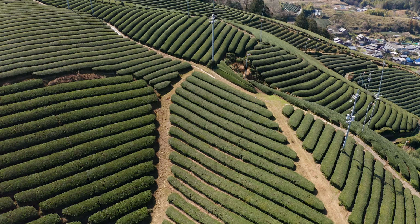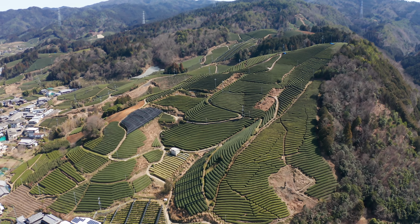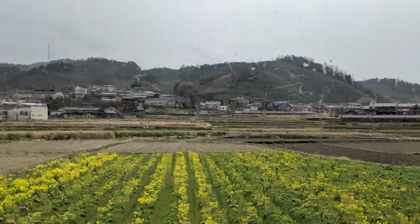More than 1,000 years ago, this area was under a lake. So the soil has a lot of minerals. That's good for nicer tea. And because of this mountain landscape, especially in the morning in spring, we have so much fog, very foggy here. The fog is also quite important to produce a sweeter taste of tea, because a rich tea has a lot of